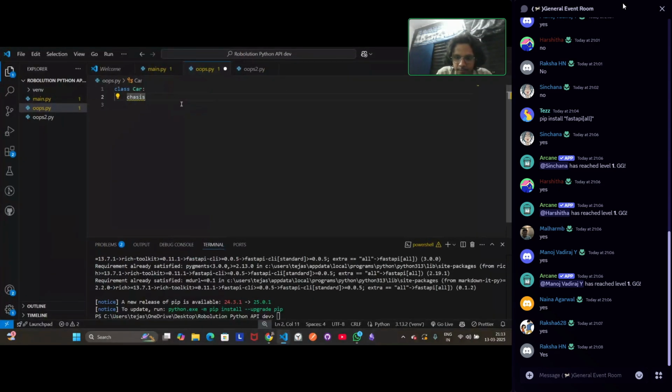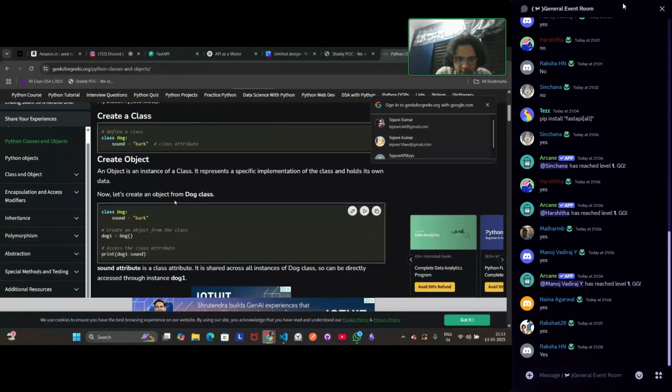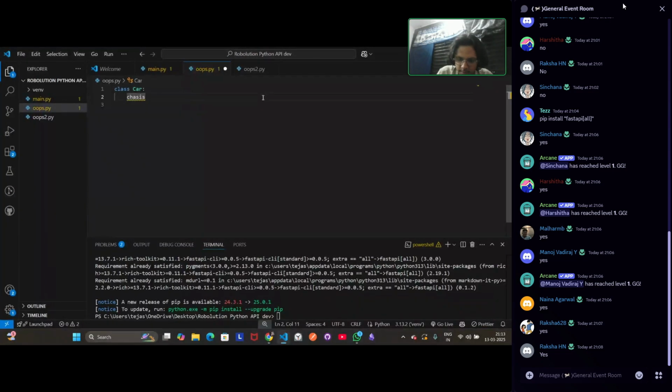So let's say Car, chassis is equal to chassis. If you want to do multiple objects, I think we need a comma. No, we don't need a comma. Semicolon doesn't work. But for now, let's just imagine that we are creating a class